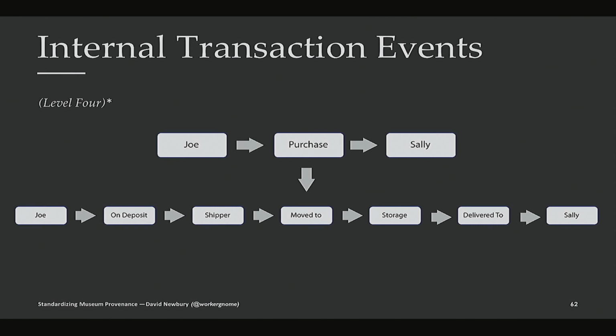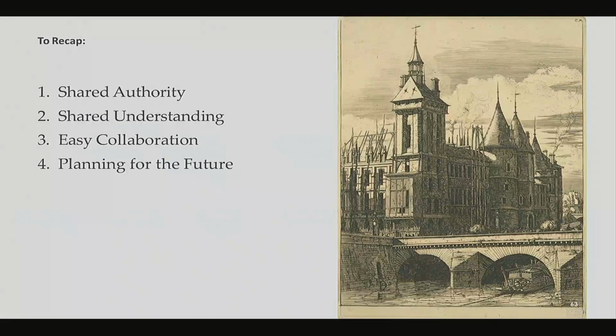And so that's the last thing that linked data enables us, is that we can get to the level that we want, knowing that it could be deeper, knowing it could be more complex, and we can build on this framework to go deeper into what we care about. And so those are the reasons I think linked data is actually useful, and it's practical based on what we've learned from trying to build the ArtTracks project, is that shared authority is a really powerful way for museums to